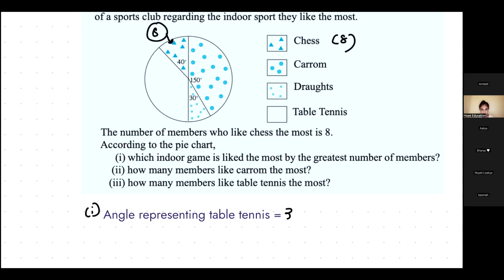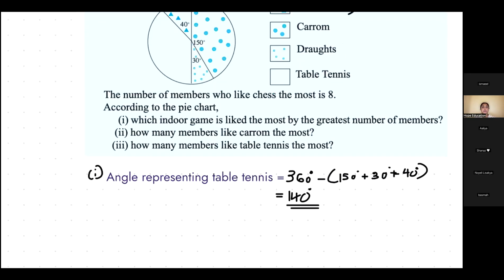360 minus 150, 360 minus 150 gives 140... So you get 140. So therefore we can say the game liked the most is